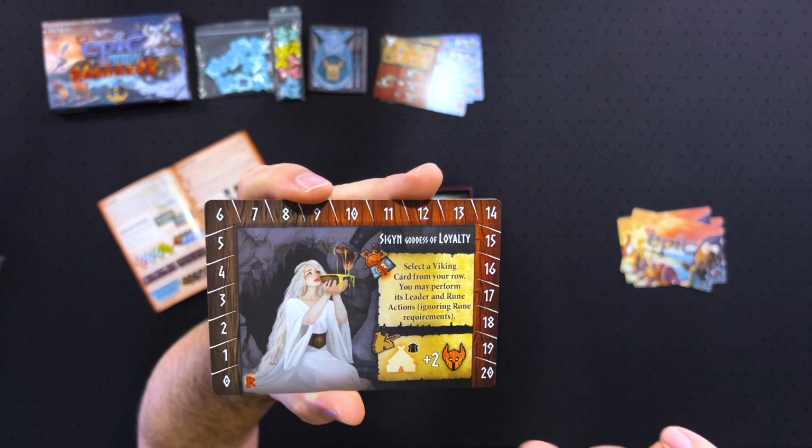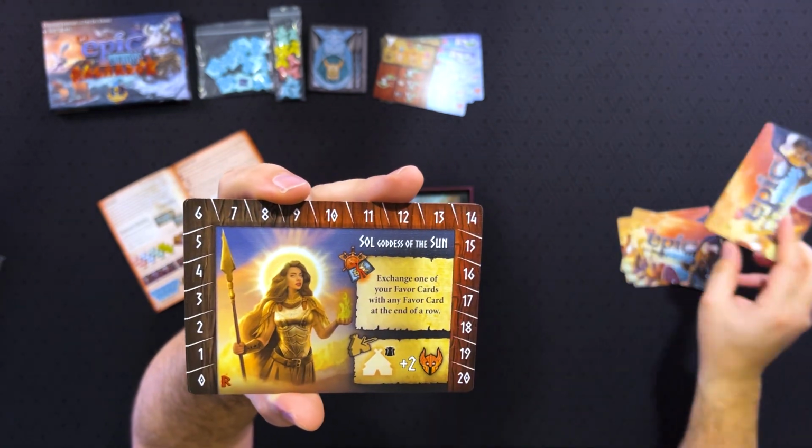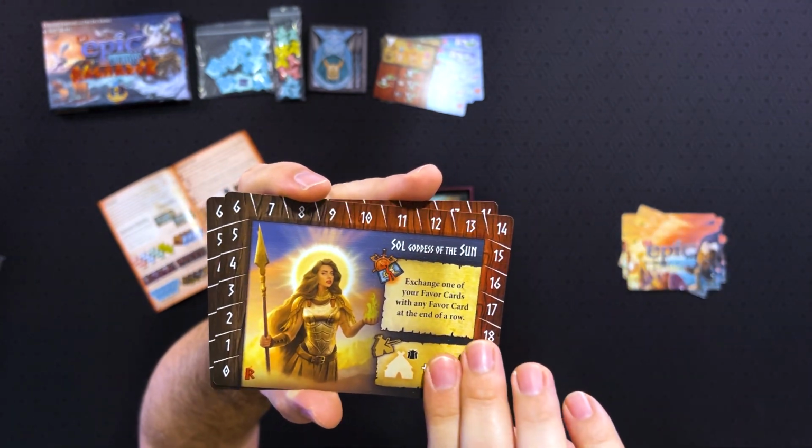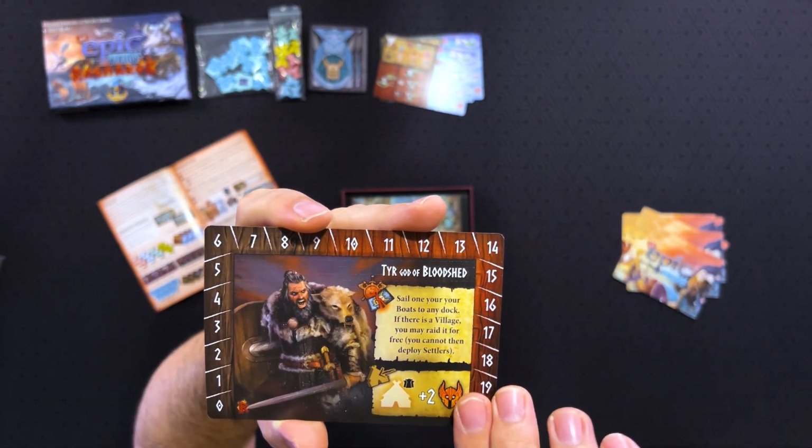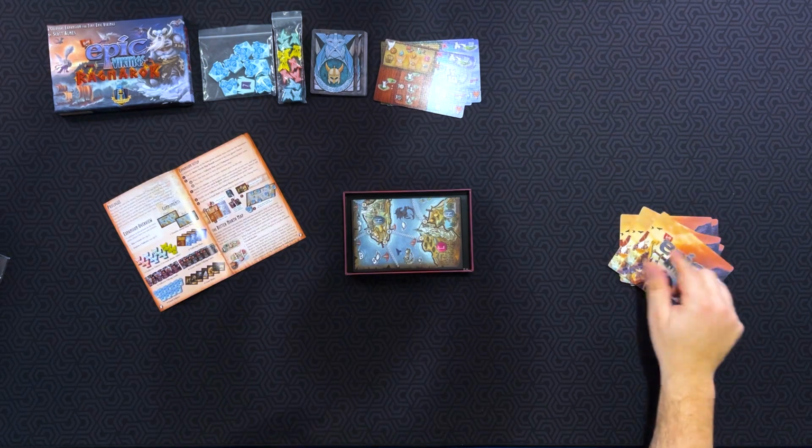Sagan, goddess of loyalty. You've got Sol, goddess of the sun. And Tyr, god of bloodshed. So there are those 6 new gods you're going to be working with in the game. And then